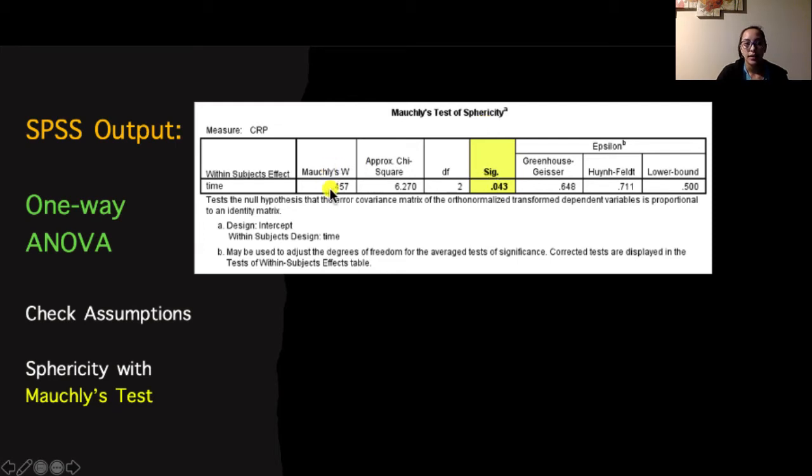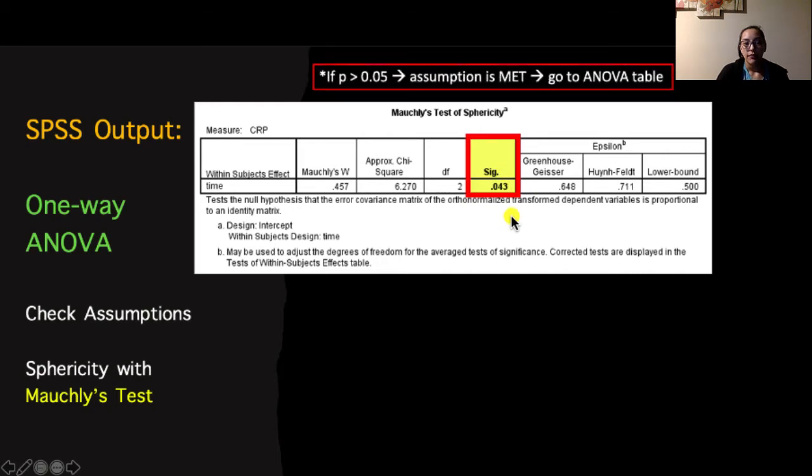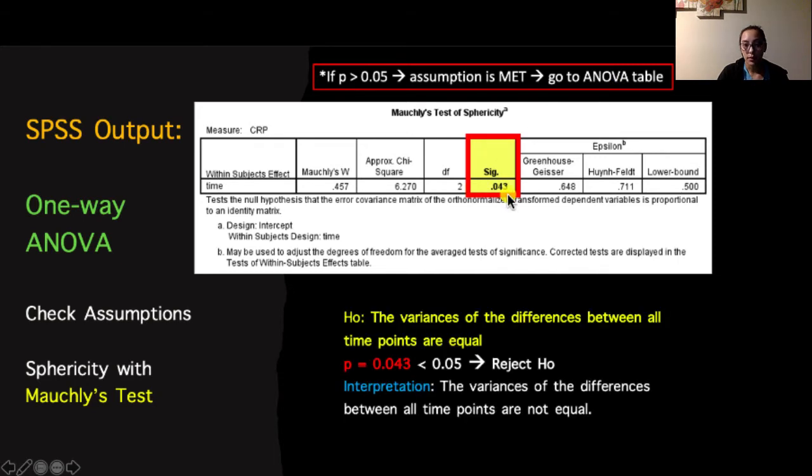You can see we've got some statistics in here, and then our p-value listed under the sig column. So if this value was greater than 0.05, we would say our assumption was met and then go straight to the ANOVA table. Given this example, however, our p-value is 0.043, which is less than 0.05, so that means we